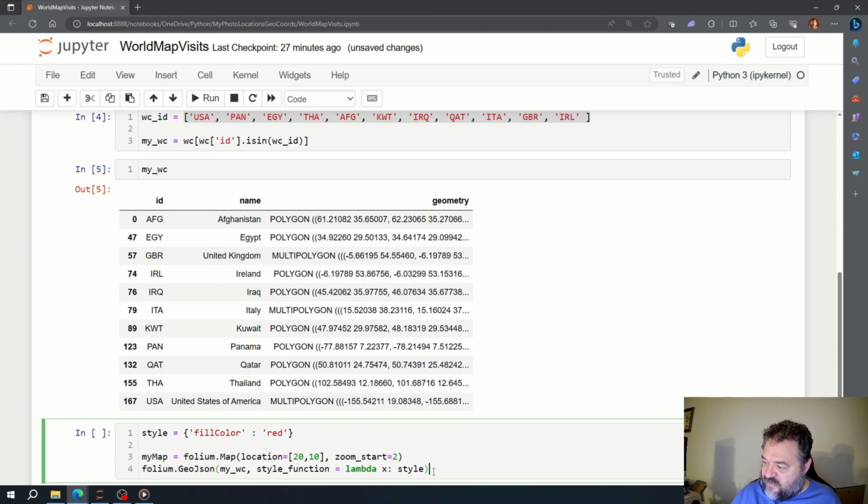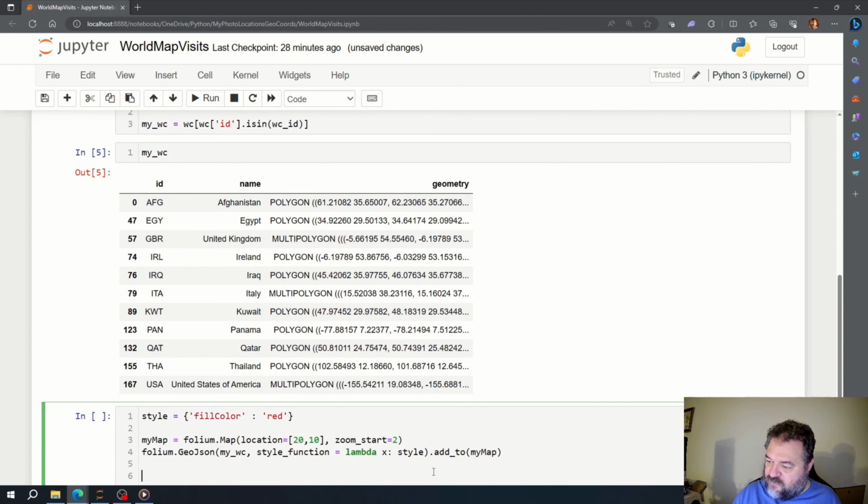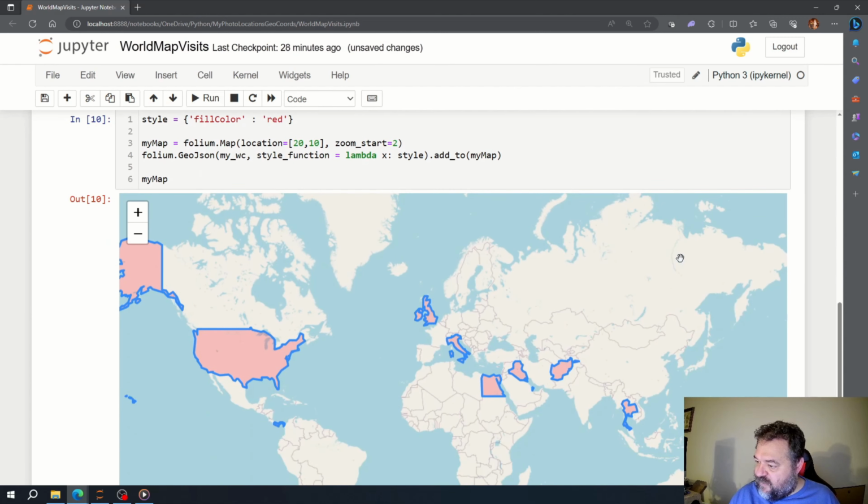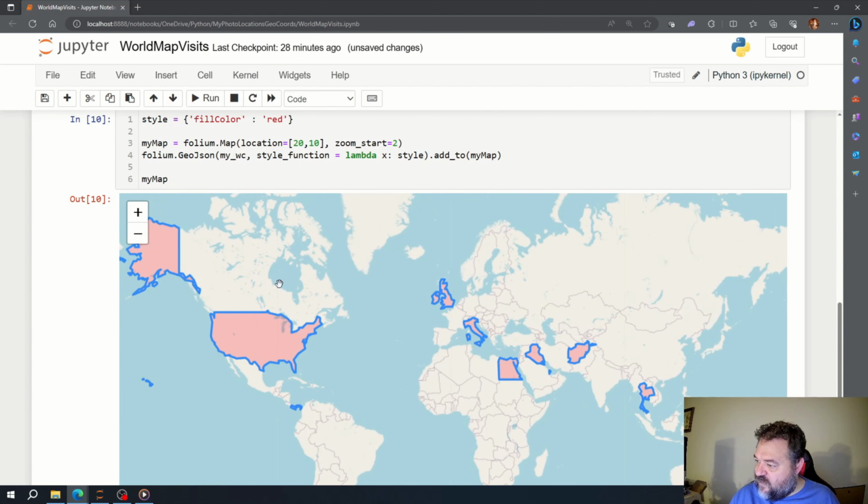Alright, so now we have the style there. The last thing we have to do, obviously, is add it to my map. And then from there, we're going to have to declare my map for display. So once that's done, we hit Shift Enter, and we can scroll down here, and then these are all the countries